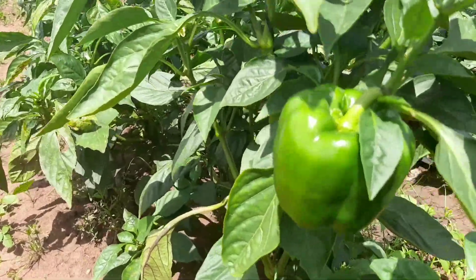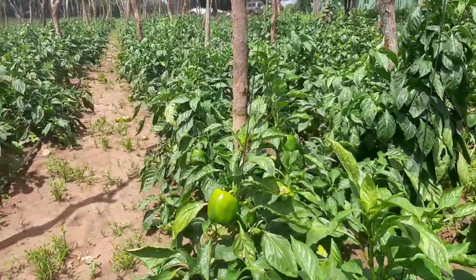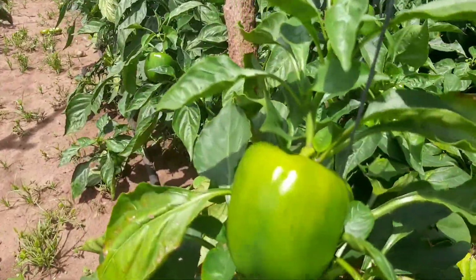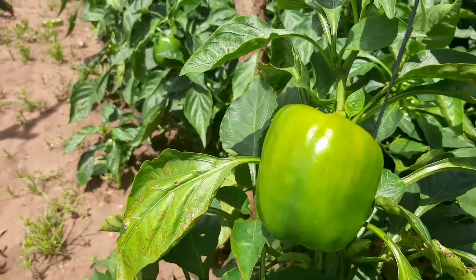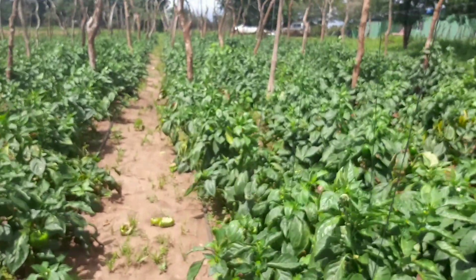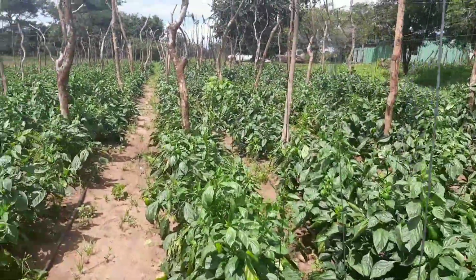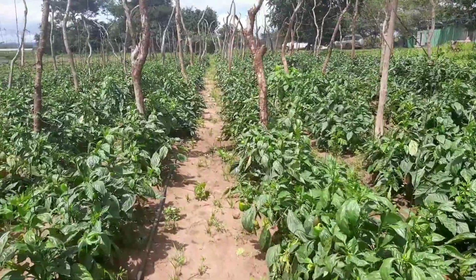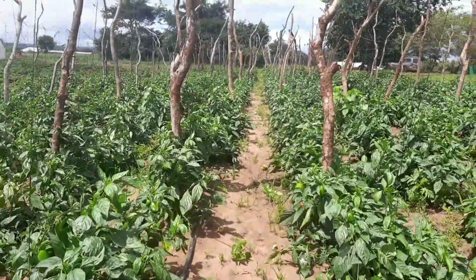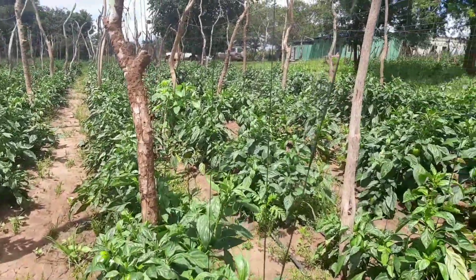we intensify on weeding and also on the nutritional aspect, given that the nutrient leaching took a toll on this crop and many other crops that we've shown you. Okay, but otherwise you see that you can actually do some very decent open field farming. It's not always about greenhouse farming, and you can actually see that at Panuka Farm we have quite a large portfolio of open field